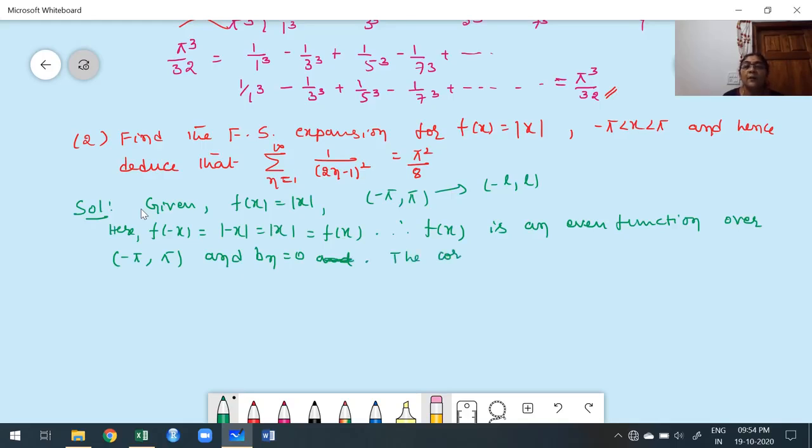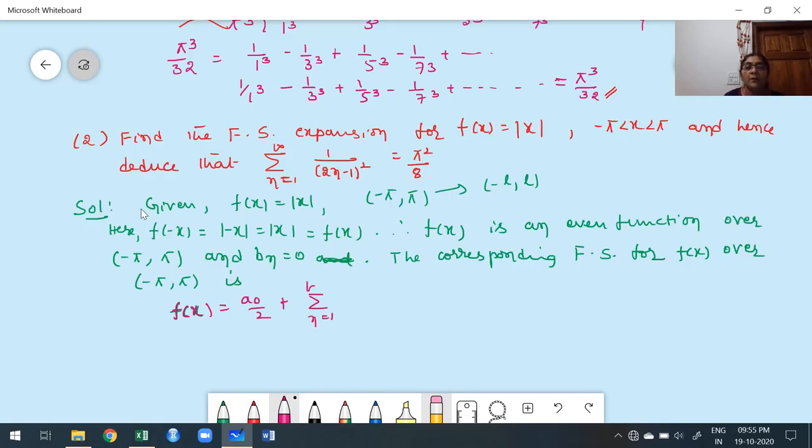Therefore, the corresponding Fourier series for f of x over the interval minus pi comma plus pi is f of x equals, better to write in a different form, f of x is equal to a naught by 2 plus summation n ranging from 1 to infinity a n cos of